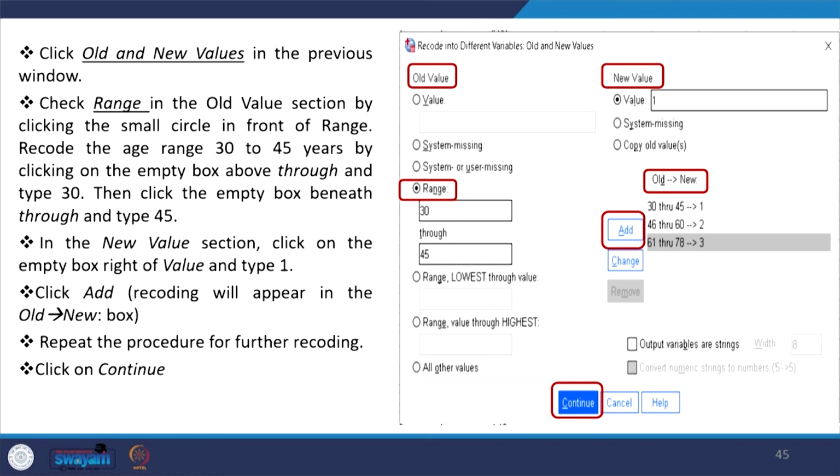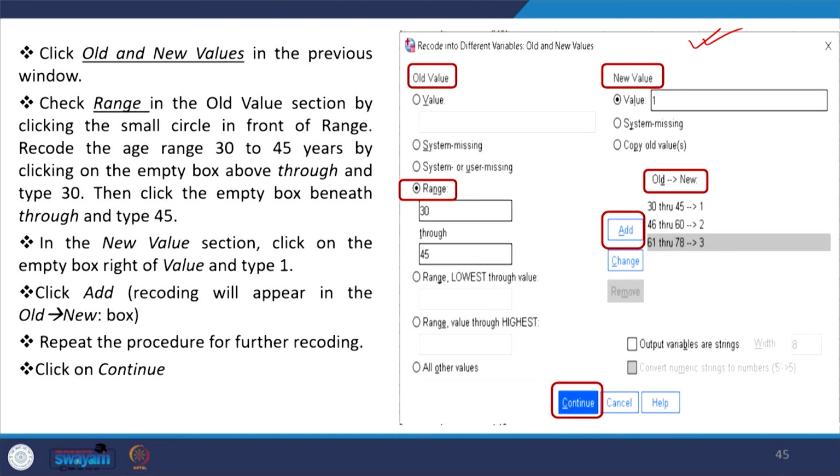We have given it here as recode into different variables with old and new values. That values window we have kept on this particular page. So the old and new values in the previous window we are now carrying forward.